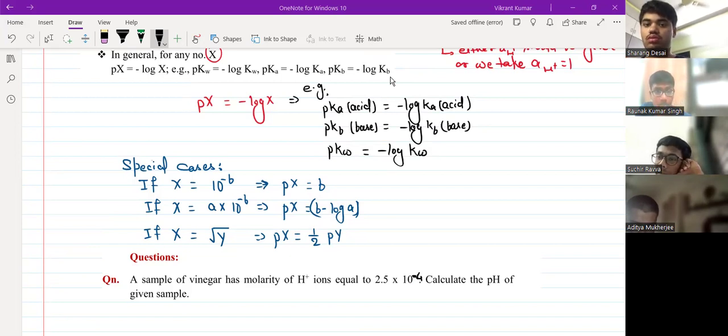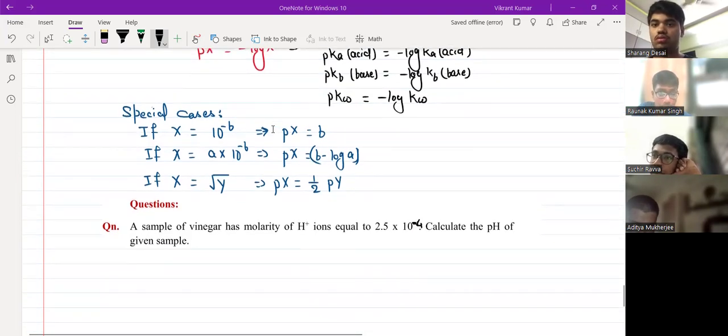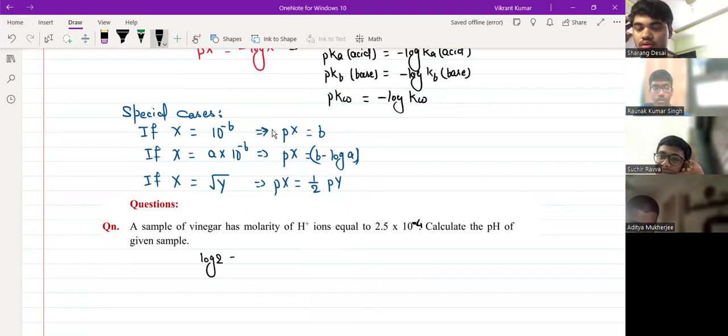This time it happened, a big mess happened, in JEE Mains this time. So I'll write some of the log values and I'll teach you how to handle other values. First, know the log values of some prime numbers. Like log 2 is 0.301. Practically we can take that as 0.3, but I'll take that only if nothing is given and the options are not very close to each other.